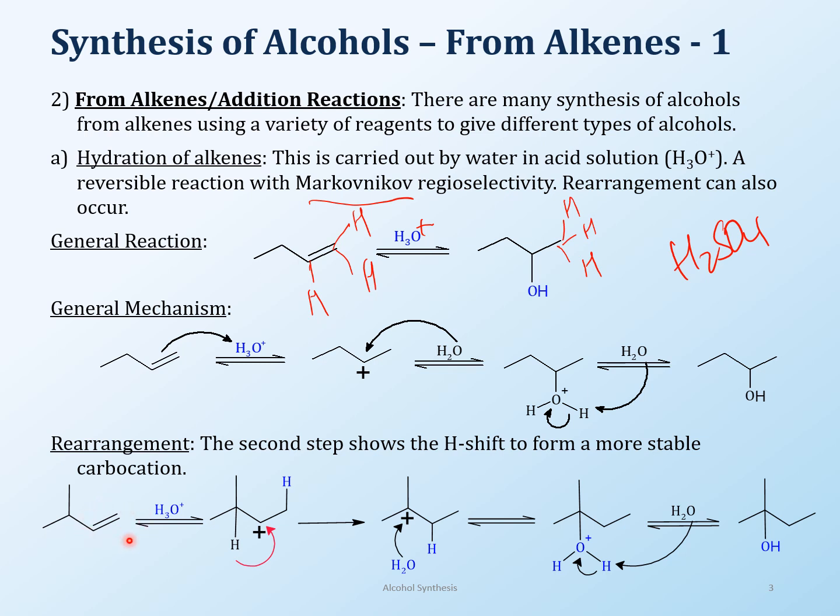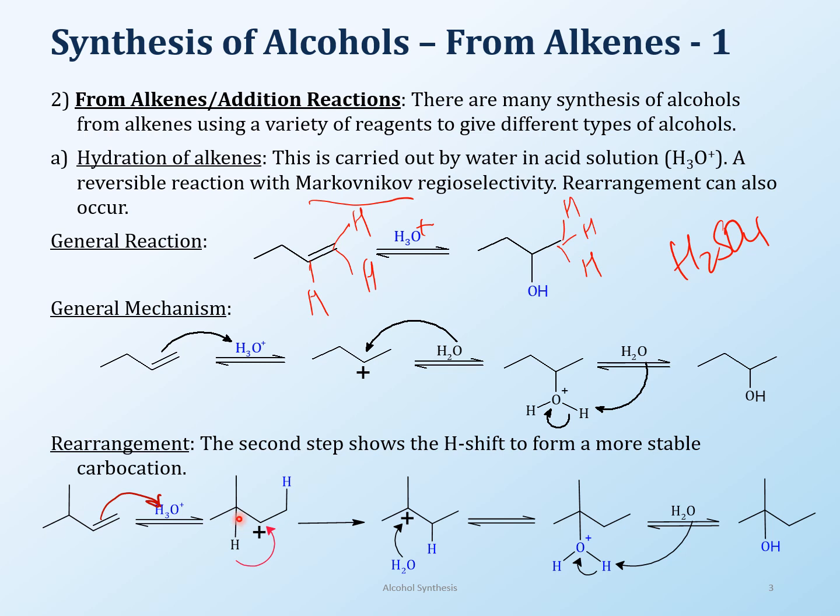So the first step is always going to be, of course, that the alkene will attack the hydronium ion. So here this is the acid base attack, and then now you have to look, okay? We didn't do that over here because there was no alkyl group anywhere, but here we have an alkyl group, okay? So once we generate the carbocation, now I have to look around and see, is there anything that I can shift around, okay? Now I can't shift the alkyl group, because